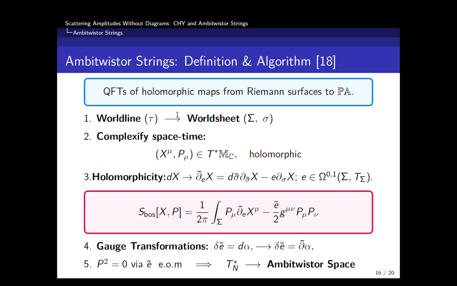So everything splits into holomorphic and anti-holomorphic coordinates. We have our one form which looks like diffeomorphisms on our world sheet, and we're going to build the bosonic action of our Ambitwistor string, right? And again, it has similar nice gauge transformations we saw previously, and our null constraint, or massless dynamics constraint, is satisfied by this Lagrange multiplier, and so our target space is Ambitwistor space.